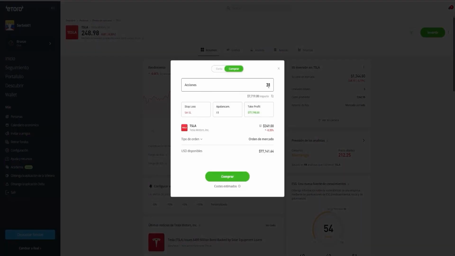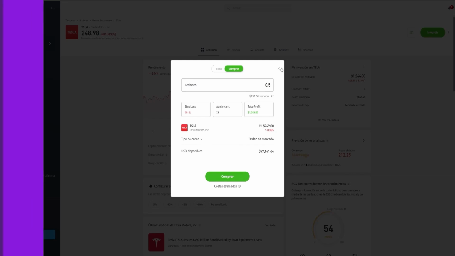But take a look at what happens here. I can invest directly by the number of shares or by a specific dollar amount, but also if I want a share, I can invest in exactly 0.5 shares. That is, I'm not buying a whole share because if you notice, the share costs 248.90 and I'm buying half. That's why it tells me the amount is 124.50. So I would be buying half in order to invest in this stock.